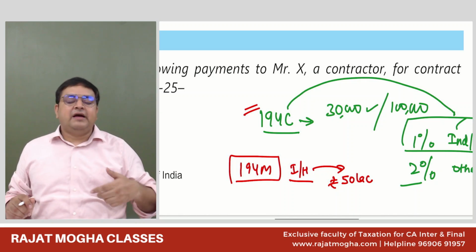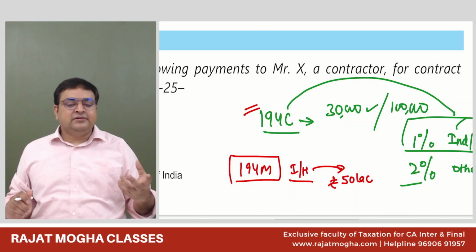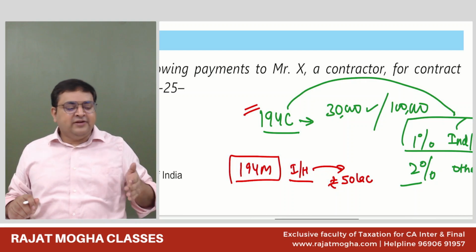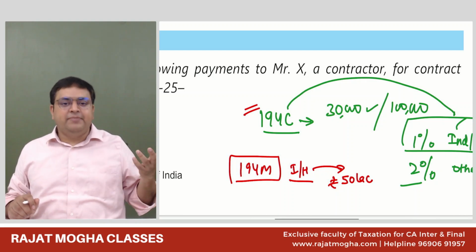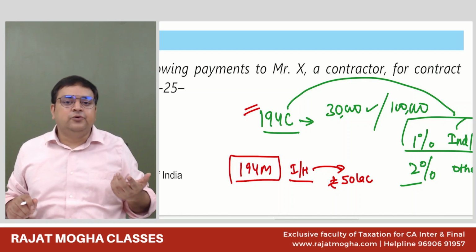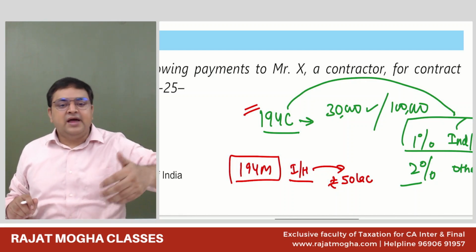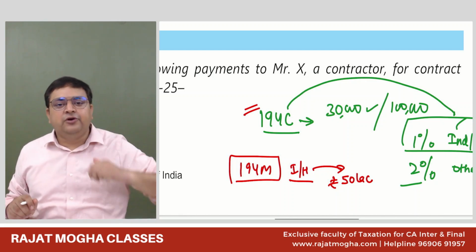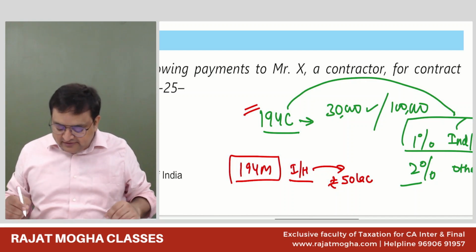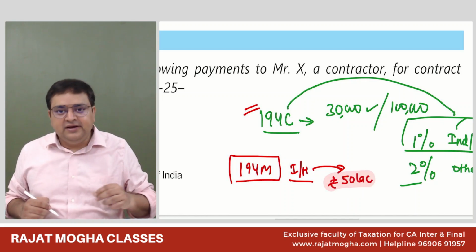And if you remember, I have told you in the classes why the government came out with these provisions. The government would like to target high value transactions. So let's say, for example, there is a CEO of a company. He is a salaried person. He is not having any turnover, but he is giving a contract to someone to build his house. And let's say he is paying 1 crore, 2 crore, 3 crore. So he should also deduct the TDS. So, the high value transaction. If the total amount in aggregate is 50 lakh rupees, then TDS will be deducted.